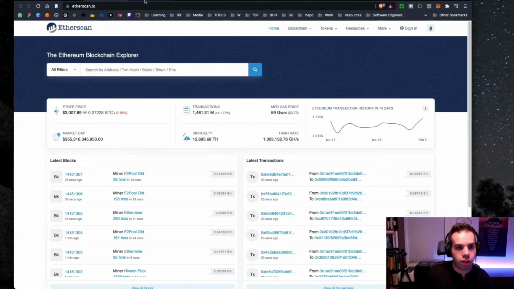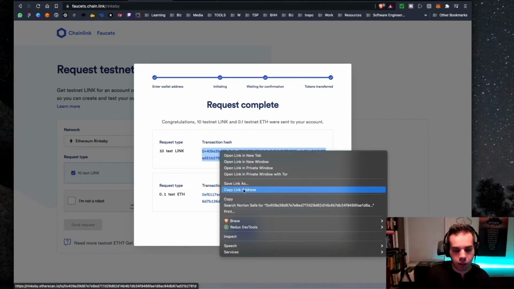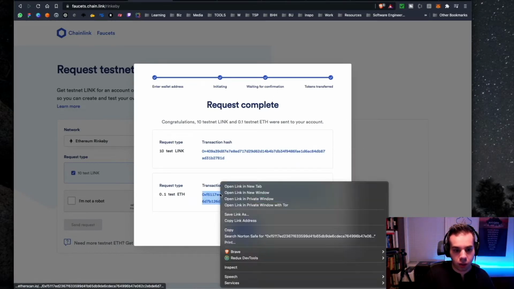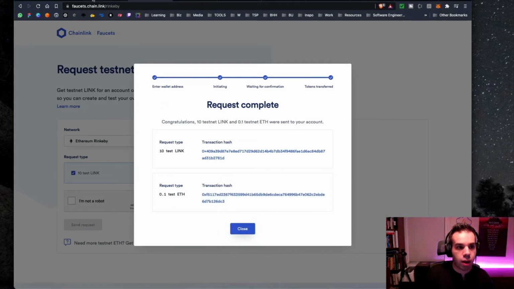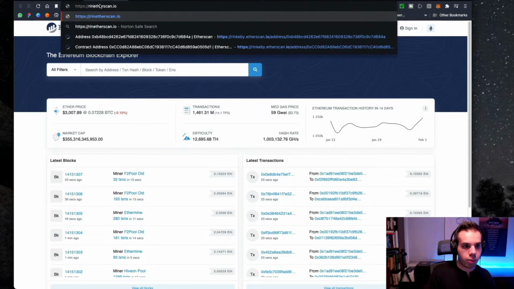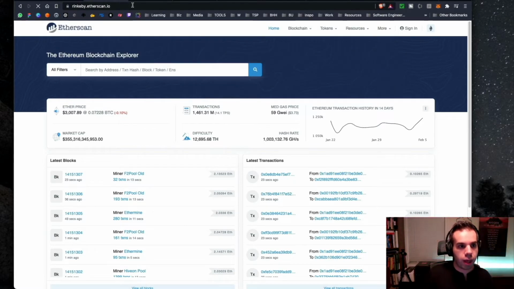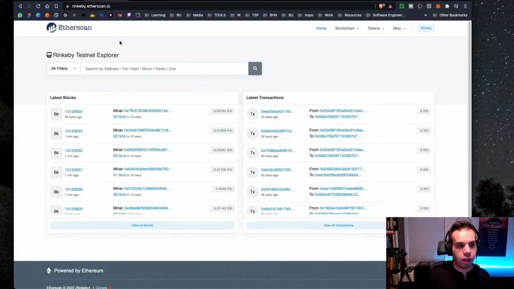So now let's try to go and check this out. Now, something that you might already know about, or maybe you don't necessarily know about this yet, but I did this with the Rinkeby network. You can see this here. It's the Ethereum Rinkeby. So you have different options for Etherscan. This is specifically for mainnet, but we're going to just change this quickly to Rinkeby.etherscan.io. And that's how we're going to be able to now see the Rinkeby version of Etherscan.